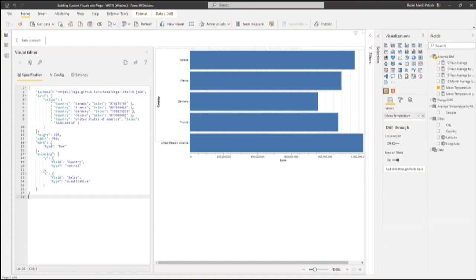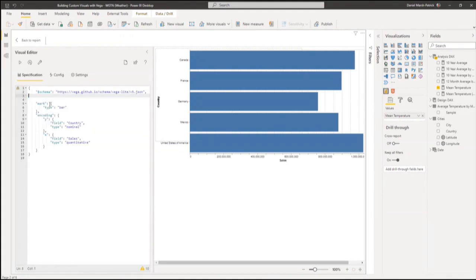But we've got the same thing. We've got our data, we've got our height and our width, our mark, our encoding, and our spec. So with it being Power BI, we don't need that. We don't need that. And we don't need that. So much like an R visual, once we've got our data bound,